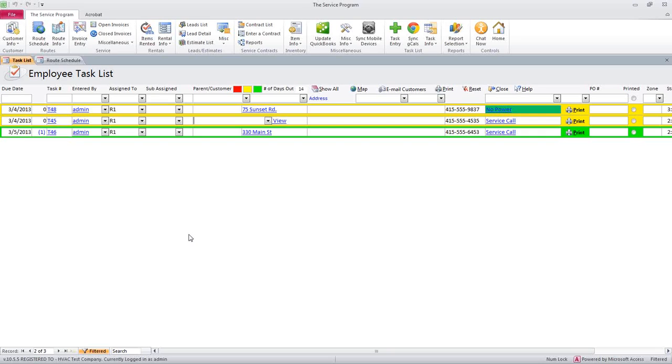We currently don't have a mobile device class just because it's so hard for me to demonstrate what they can do. I do have a piece of technology now that allows me to emulate what our app looks like and show that in a video in real time. I can pull it up on my screen and move through it. We haven't added it to our official training schedule yet, but what I can do